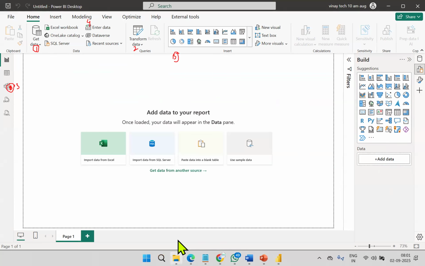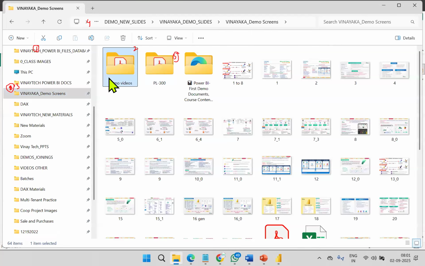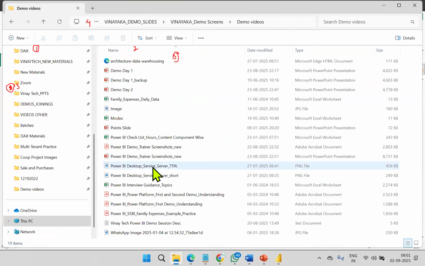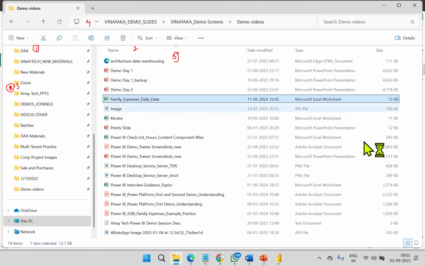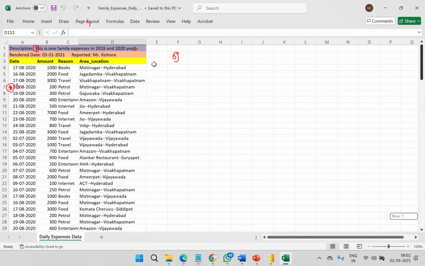Right. So my data is in the demo application only, demo screen and family expenses. I already provided this data. You can use it. So this is my data.